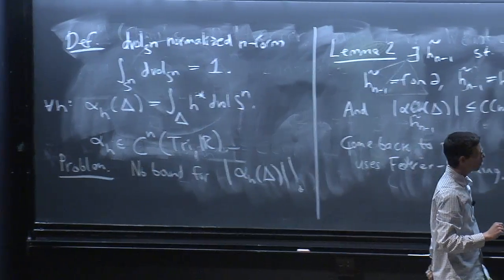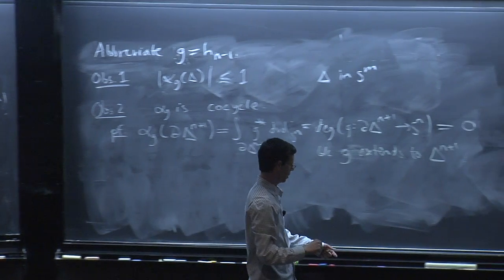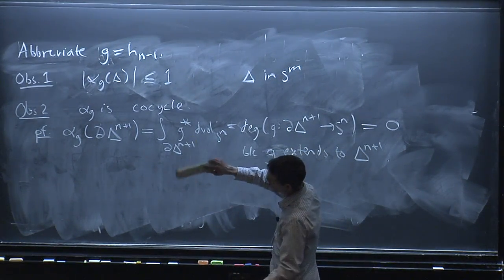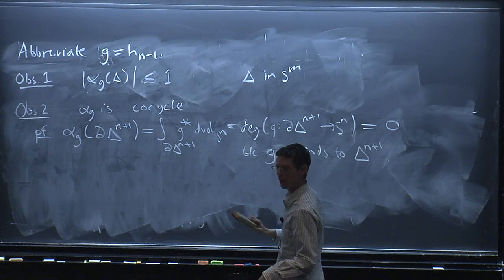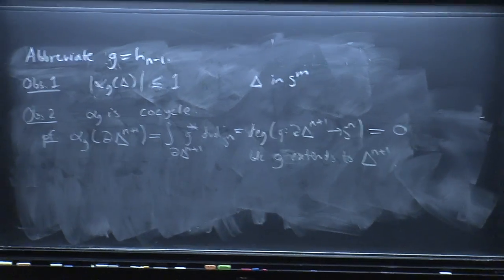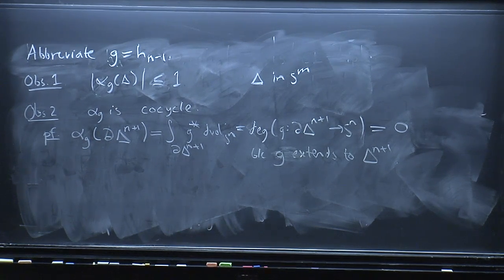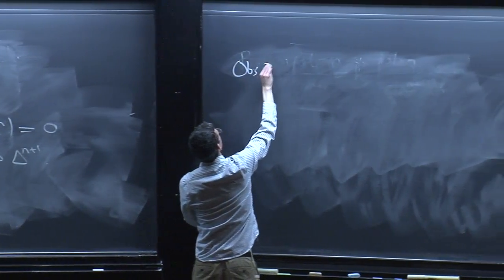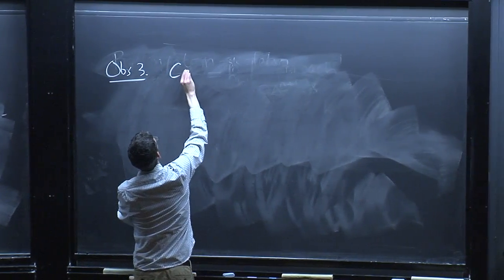Now, what can I do with it? What can I do to my map in order to change, when I go from h to h tilde, what kind of changes can I hope to make in this cocycle to improve it? OK. So observation 3, we can choose